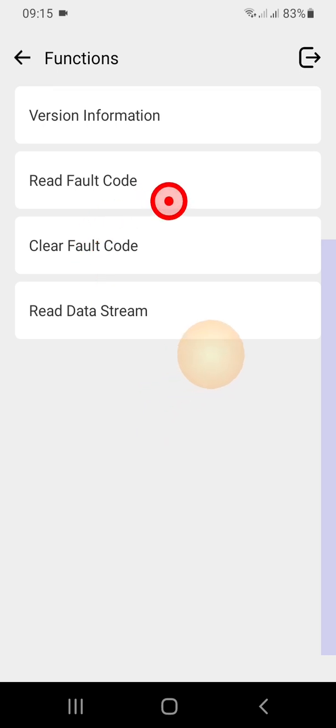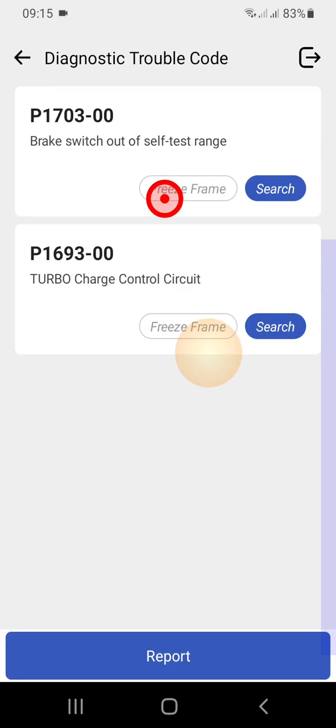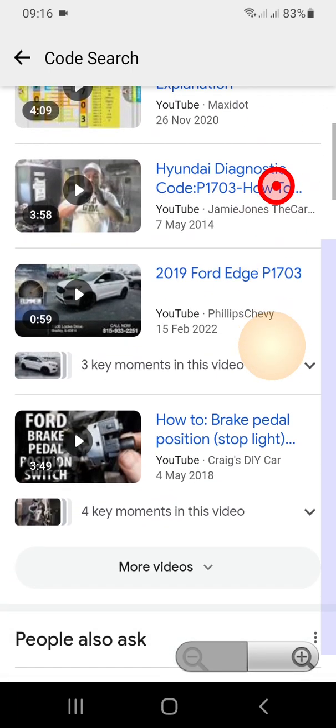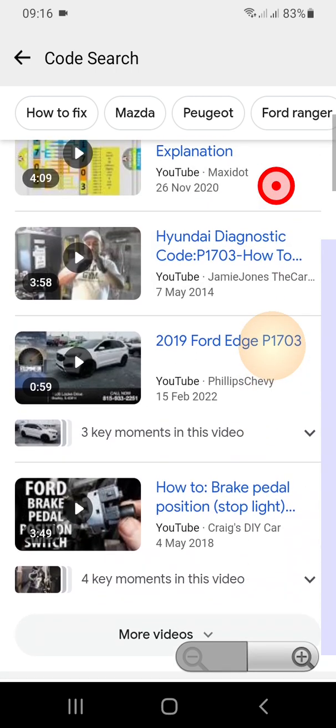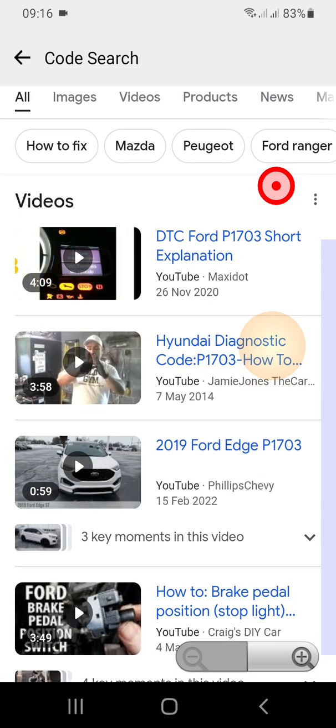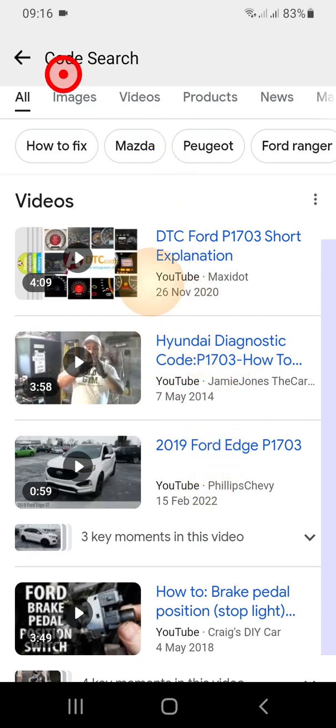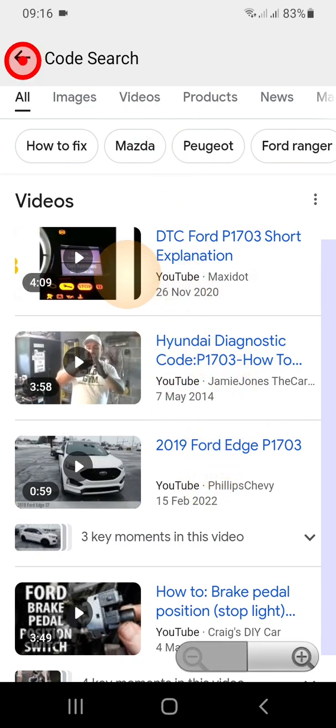So if we read fault codes, now if you don't understand quite what this means or how to repair it, if you click on the search button, it will take you straight through to Google, and there will probably be a video on how to repair that particular fault, or at least it will explain what the problem is. If we go back,